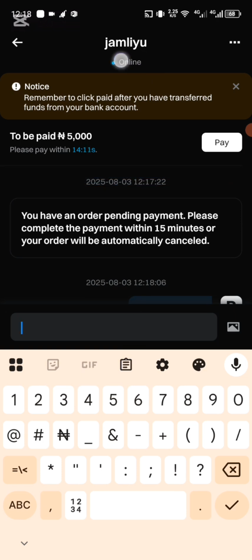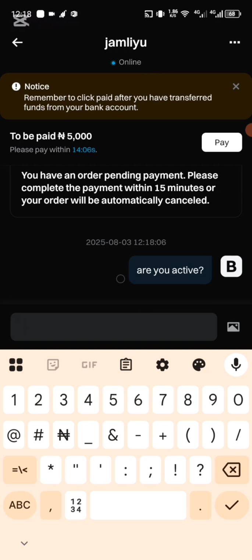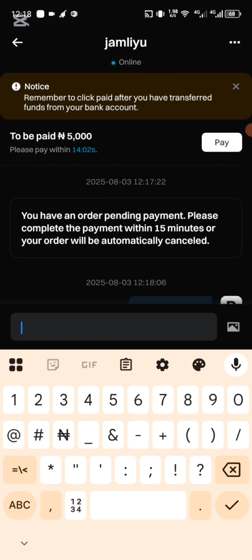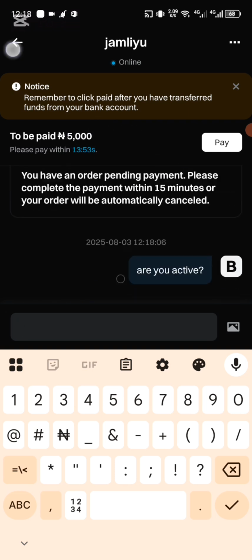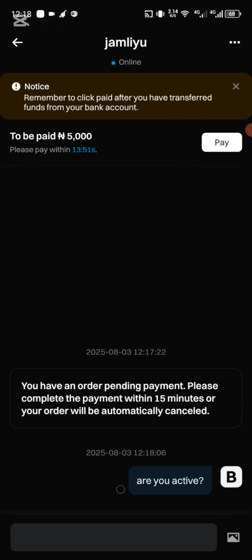Obviously he is online. If you look it up here, it's showing that he is online. He may not respond to my message, but it shows that he is online. He may be having so many transactions ongoing now. So look at this: please pay within this time frame, which is showing us here. I'm just going to go to the pay since he's not responding yet. He may respond, but